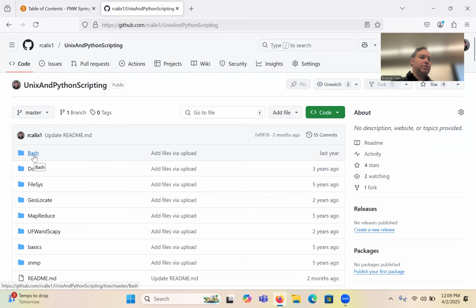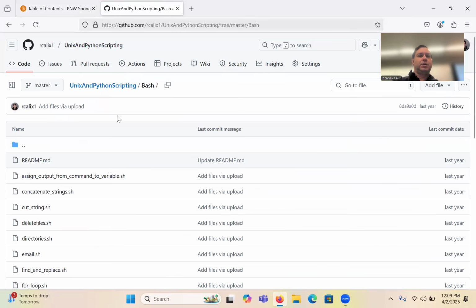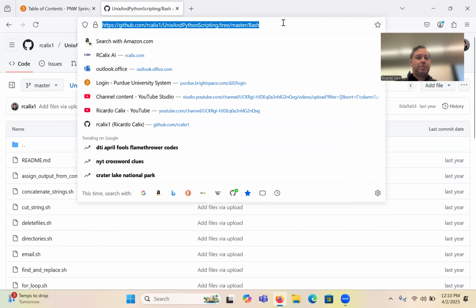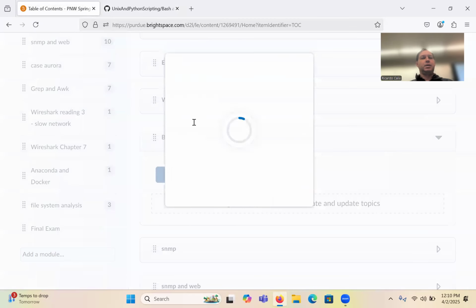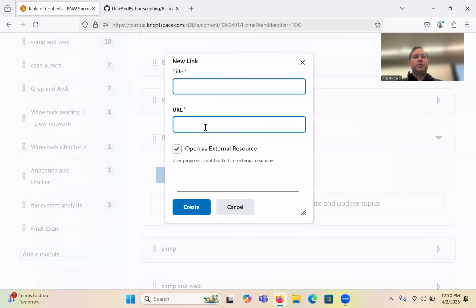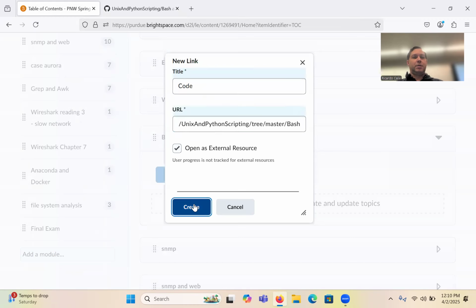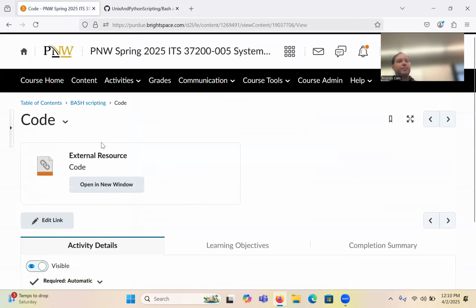And then it's all these, right? So Bash. These are the scripts I'm going to be using, so you can just get them from there and follow along. That should be enough. Create a link, let's say over here. Scripts, etc. And then there's the link. All right, so I've created it. Now we can go to the table of contents.